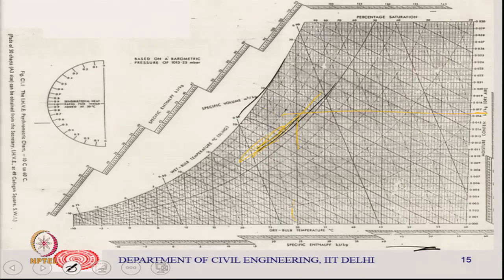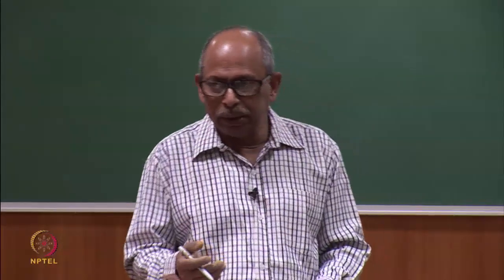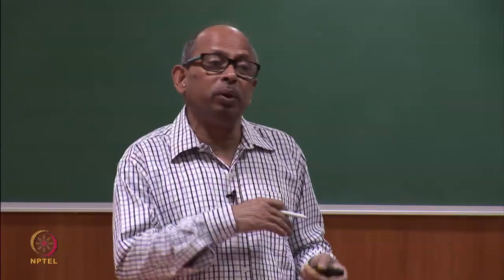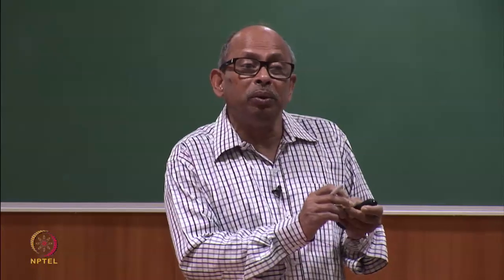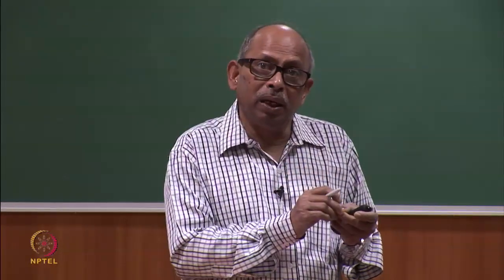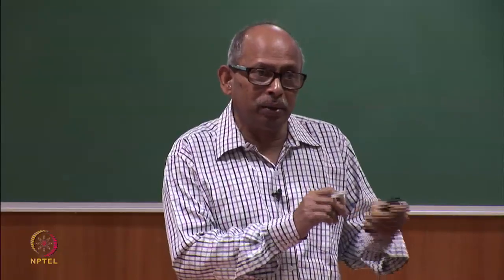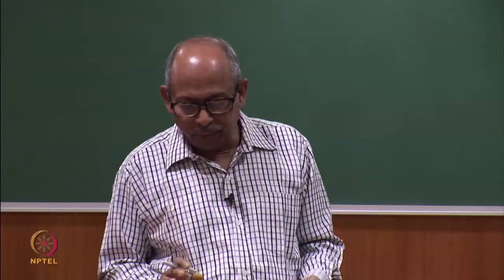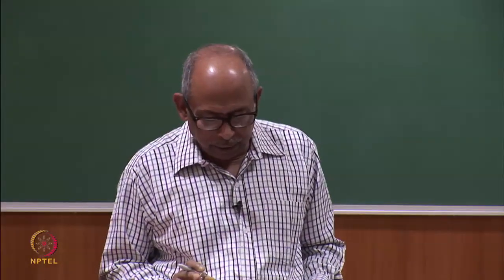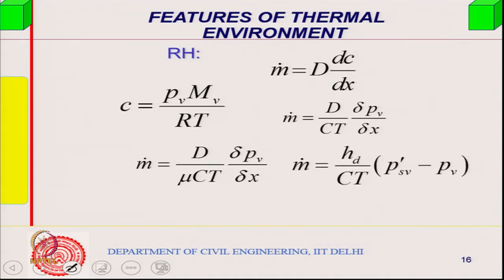And if a wet bulb temperature is given, say 24 degree wet bulb at 35, you can find the corresponding moisture content. It might be higher or lower depending upon the situation. If it is higher, then you have to do that condensation. You have to see how much moisture you have to remove, corresponding to the dry bulb temperature and the dew point. But in this problem I did not complicate this issue. So, that is how you can find it out.